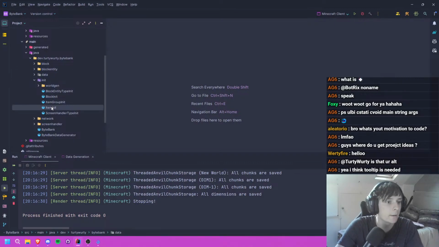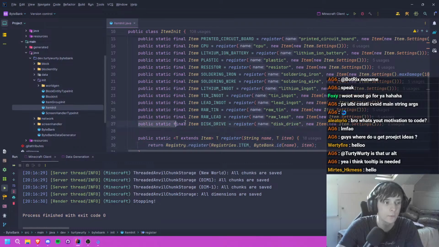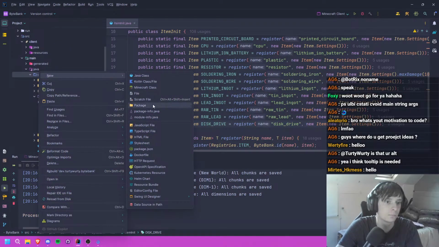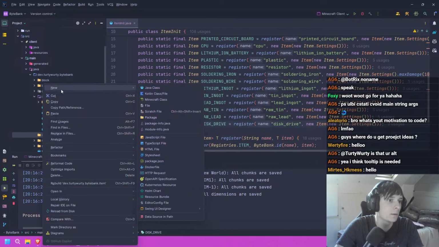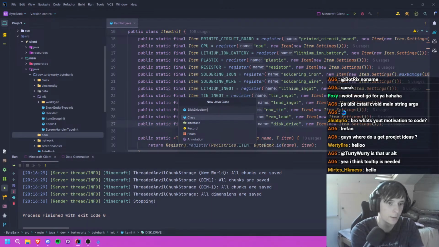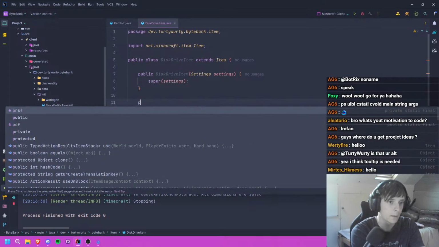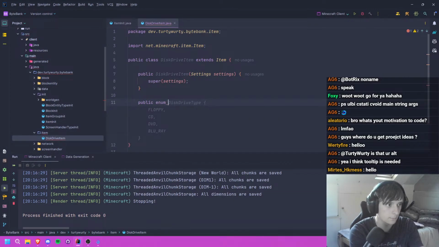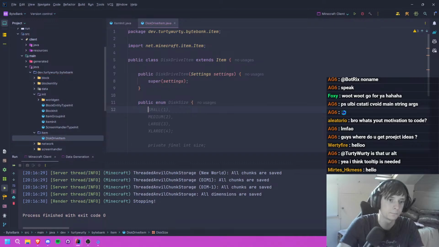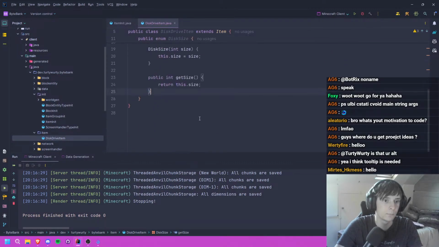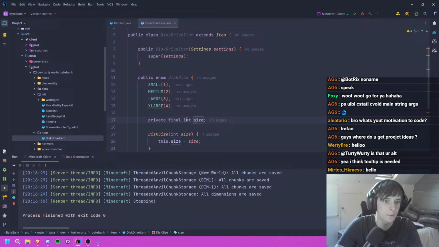Now, I guess one thing to point out, we are going to want disk drives with different sizes, aren't we? So what if actually we do create an item class? Okay, and then we call this disk drive item. And then this will need to extend item, needless to say. Create a constructor. And then if we have a public enum, which is like disk size. Yeah, basically this, but not this. So what we want is like a